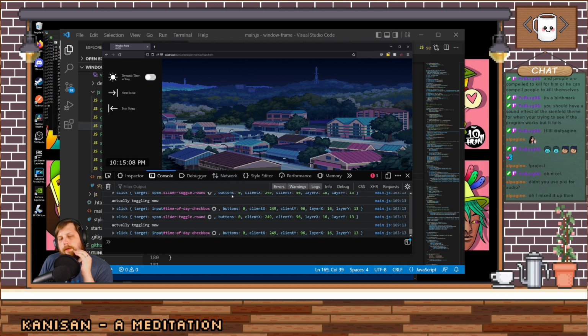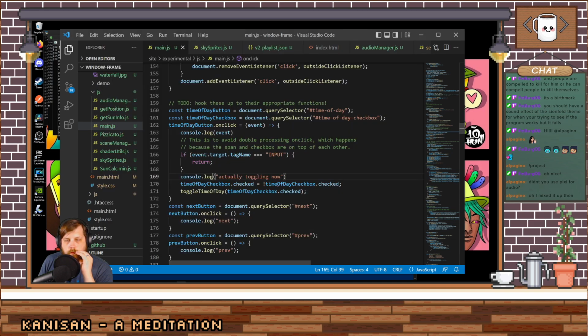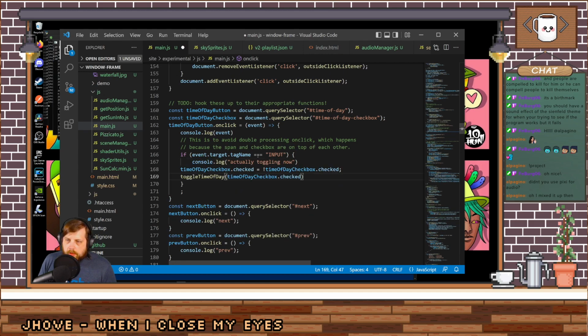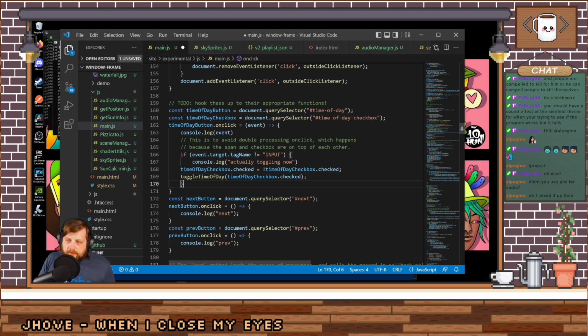It's not moving there. So if I put these in here and do a not equals, basically what I'm trying to test out is